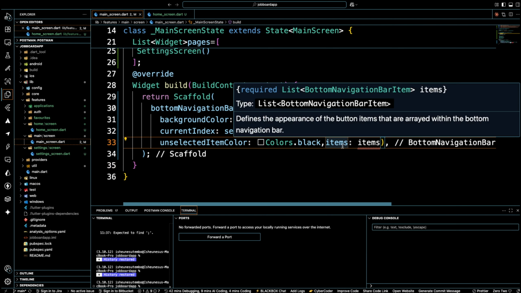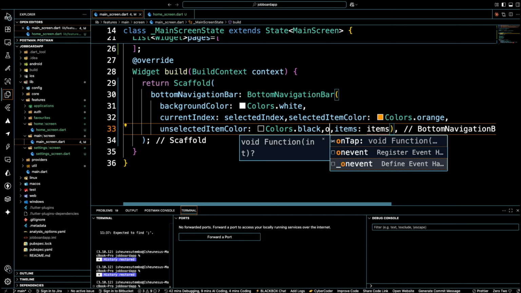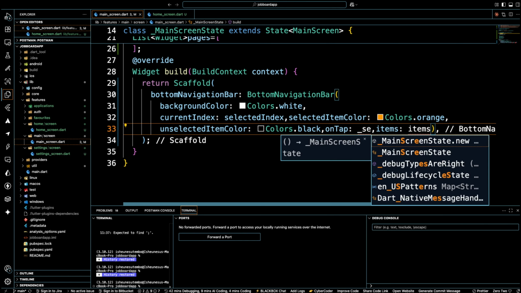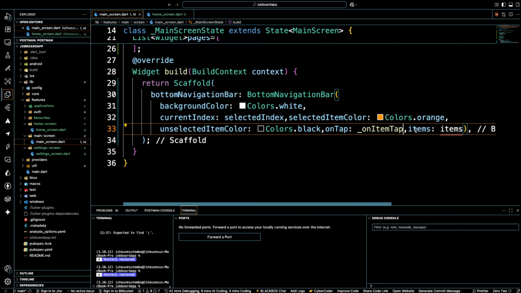Okay, and then now we want an on tap. So when a user taps on an item, we want it to be equal to our on tap. And then for the items, what we simply need for the item is going